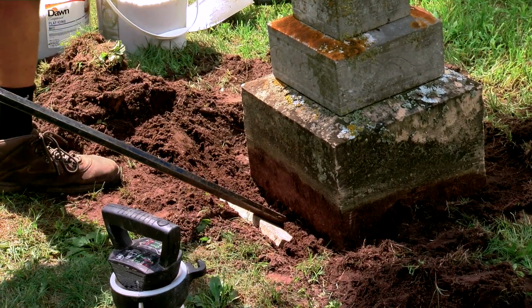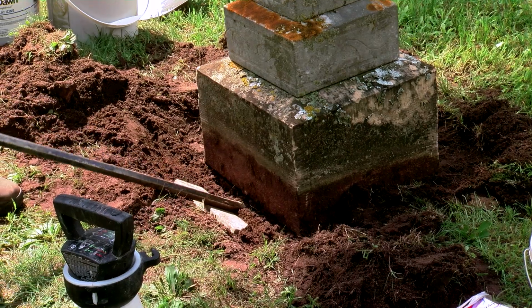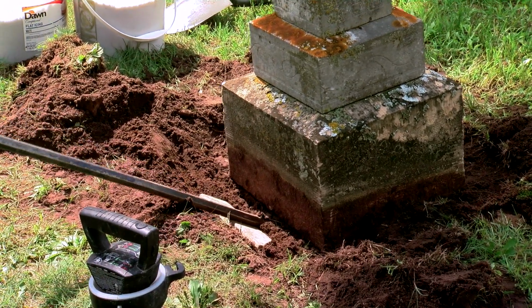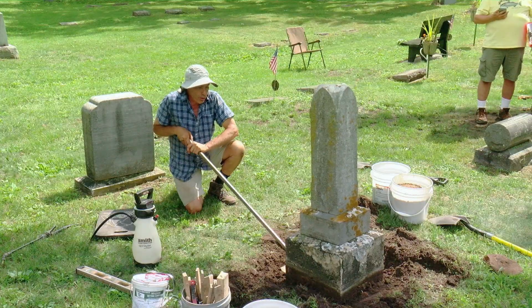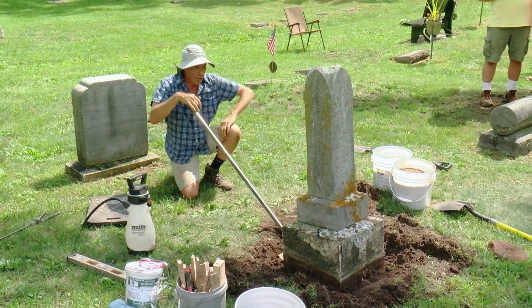Okay, and now I'm just going to show you, and I often do projects alone. You can see it lifts very easily now. Okay, I'm just putting my hand there. I don't need to have my hand there. I'll tell you one thing. When you lift it like this, if you come down quickly, it'll start to come back toward you, and that's when it could fall over. But additionally,